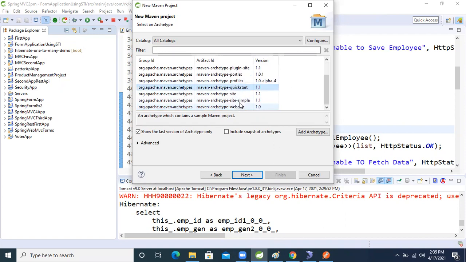So now, fine, we will select Quick Start to create a project for a standalone application. If we are developing a web application, then we select the other archetype, but we are going to develop a standalone application. Our client will be a standalone application, so we will select this one. So now next,